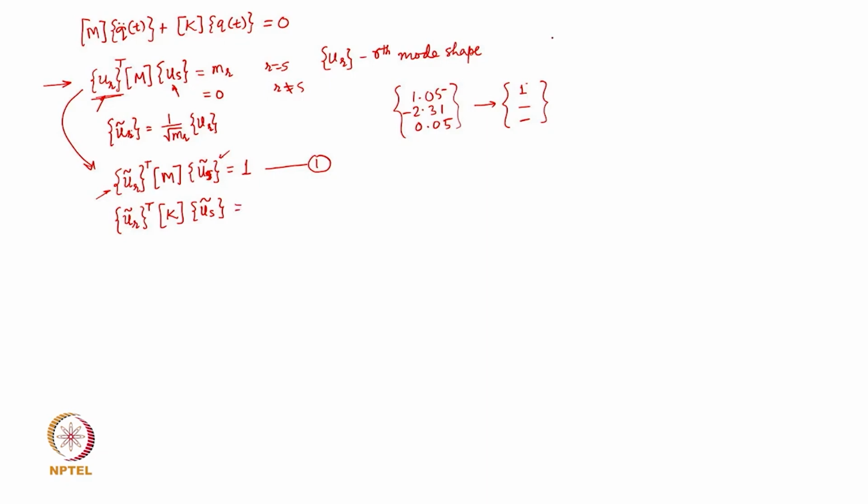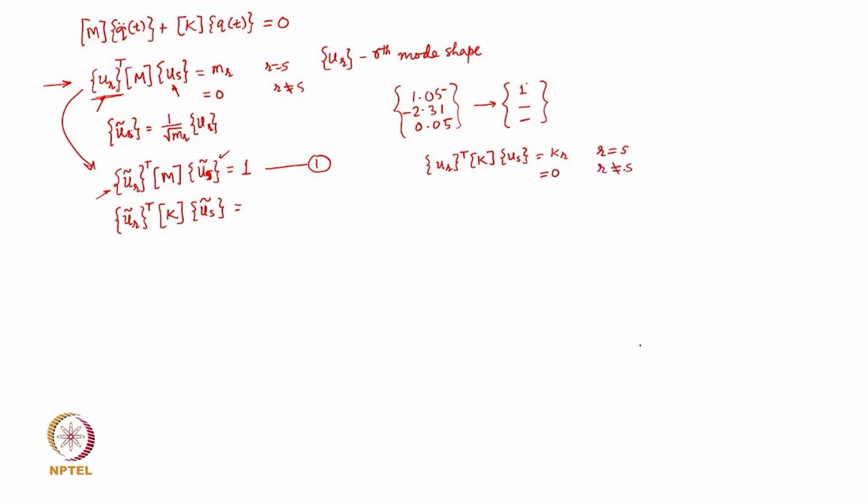You recall that our equation was U_R transpose K U_S was K_R when R is equal to S, okay, and was equal to 0 when R was not equal